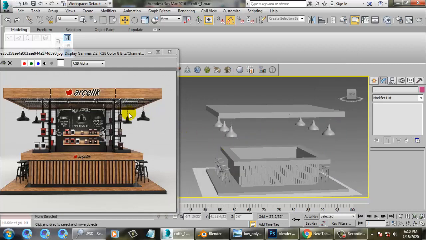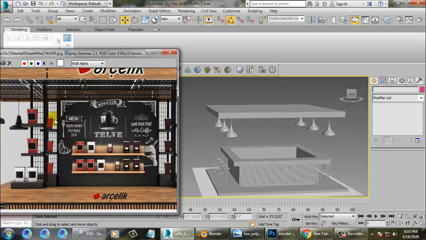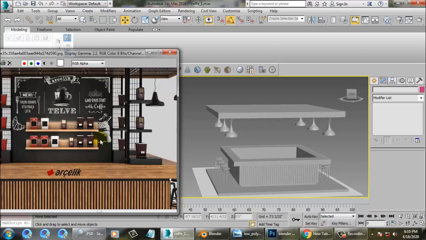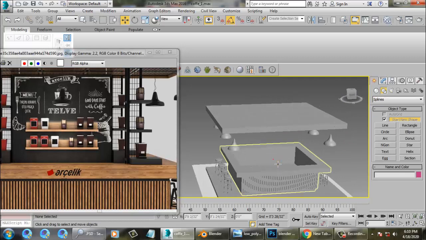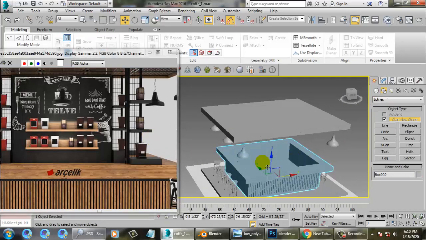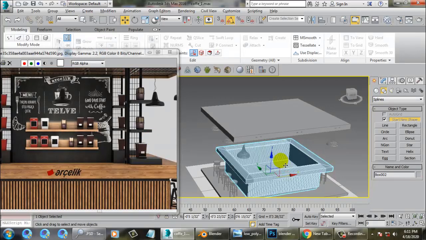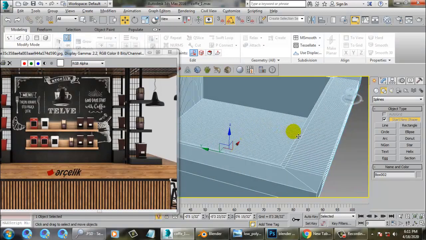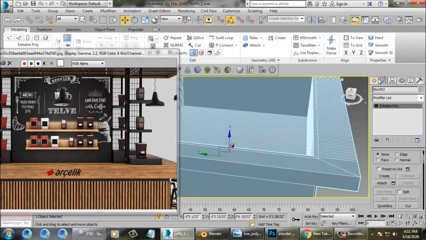Now what I want over here is to create this frame. Before that, I'll add one loop over here.